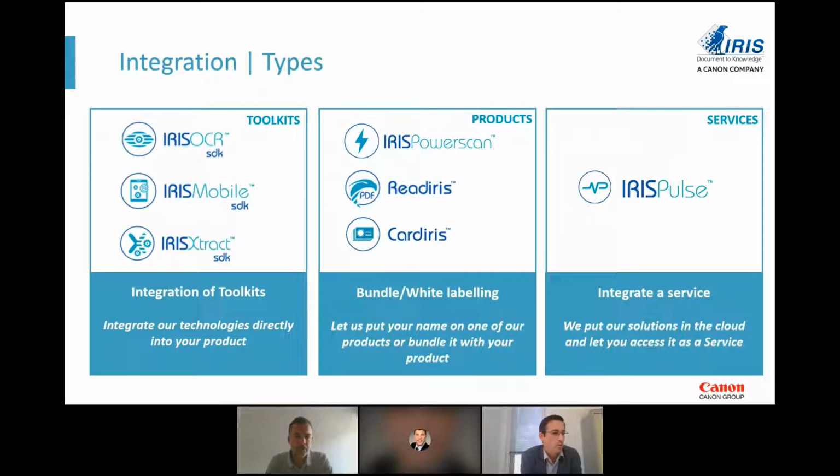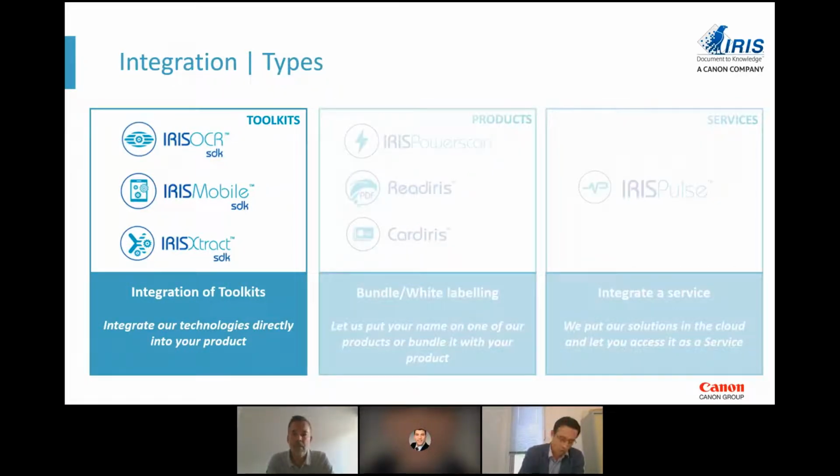So the first poll was about which type of integration you're most interested in, because this could help us maybe to have another webinar on this specific integration. So Zakaria, do you have the results for me? Yes, around 50% preferred services, 30% toolkits, and 25% products. Okay, so that's no surprise. I think a lot of people now like to have the services available, and this is exactly where IRIS is going. So first, the toolkits.